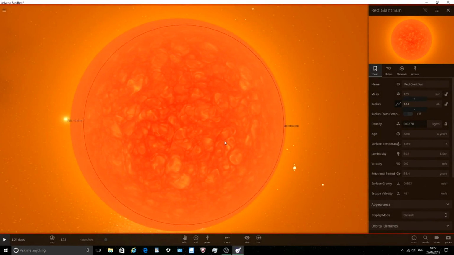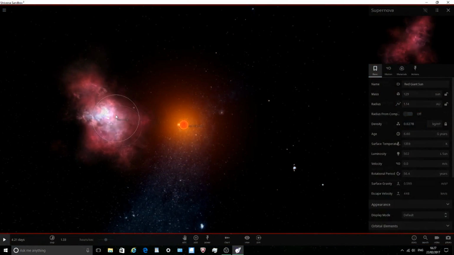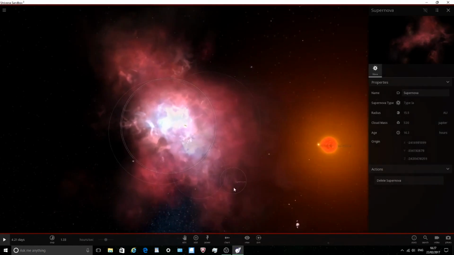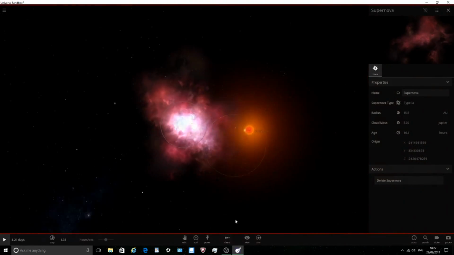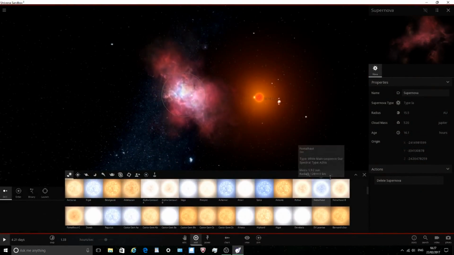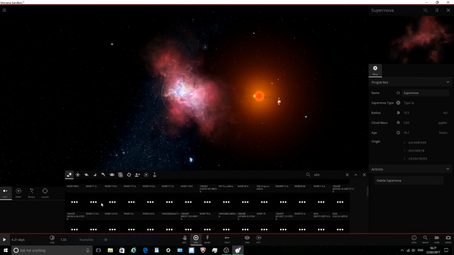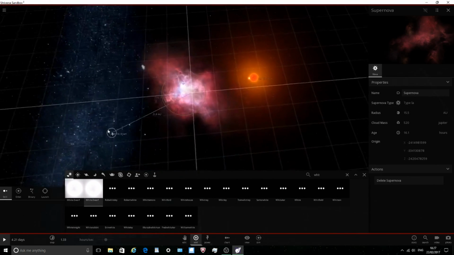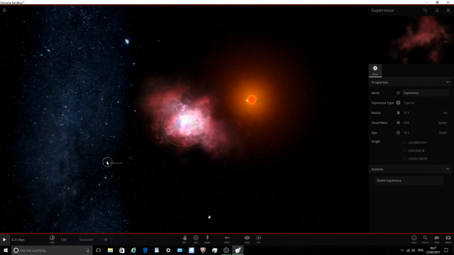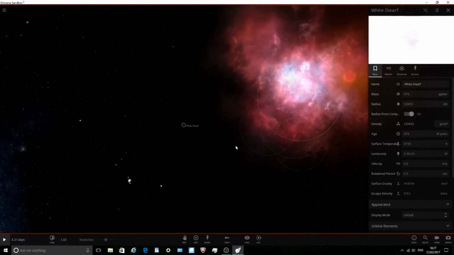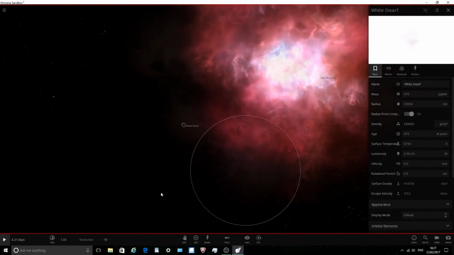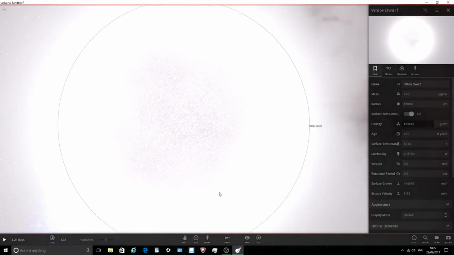It still increases in size, but eventually it will get to the point where it explodes like this. So it will be another explosion like this. It will explode like that, and then it will collapse down into what we call a white dwarf. So basically, this is the core of the star. All of the outer layers of the star have exploded into space. So that's like that explosion there. That's the outer layers of the star, and all that's left is the little core on the inside, which is